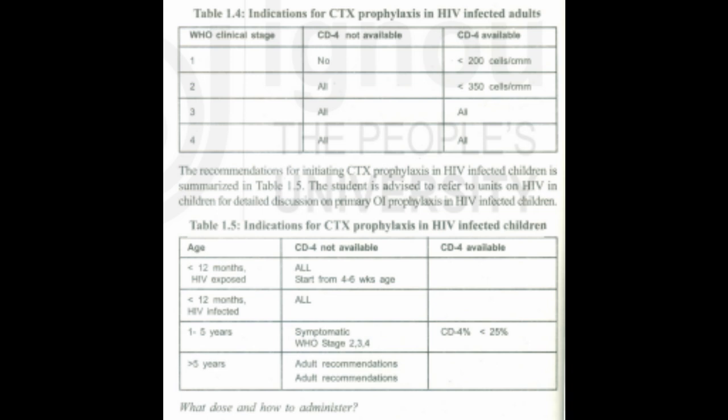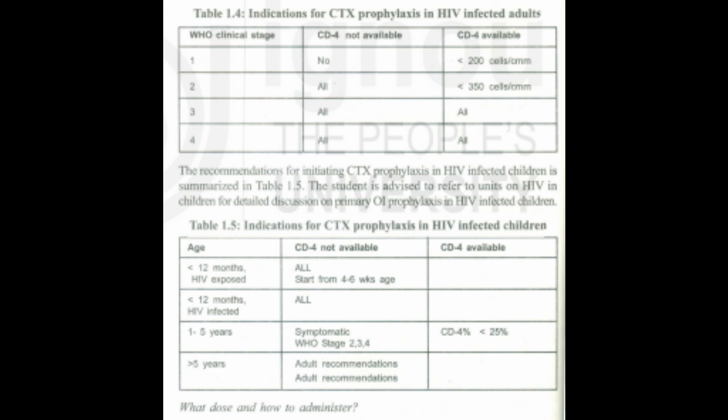Table 1.2, Primary versus secondary prophylaxis. Primary prophylaxis is given prior to an infection; secondary prophylaxis is given after an infection. Primary prophylaxis prevents the first episode from occurring in the high-risk individual. Secondary prophylaxis prevents recurrences occurring in the high-risk individual.